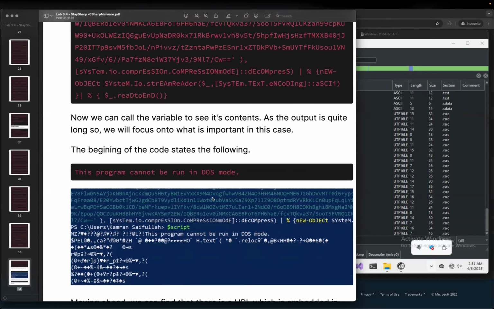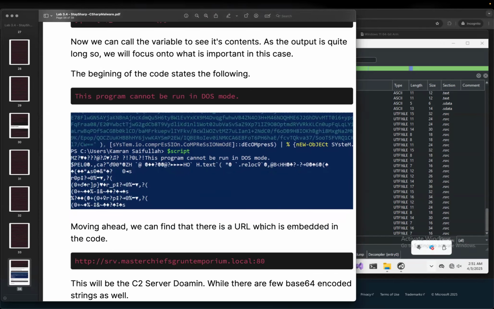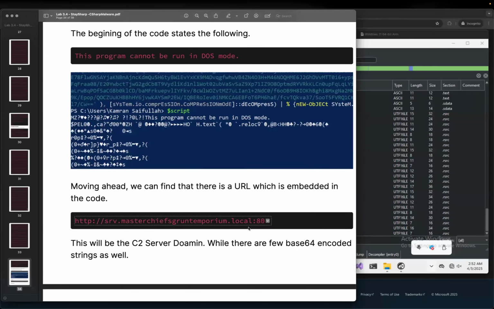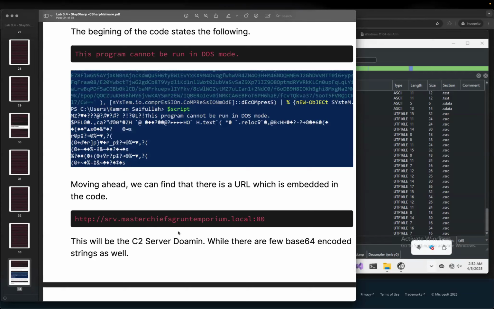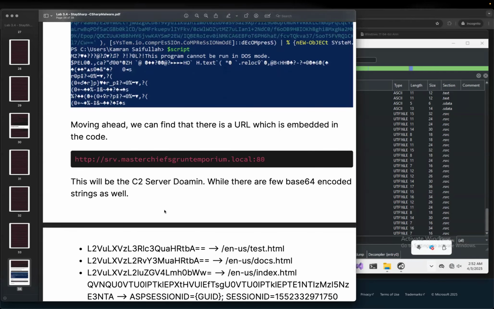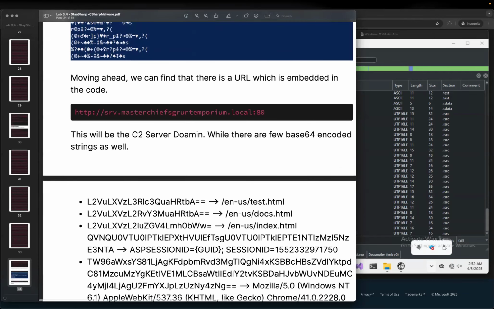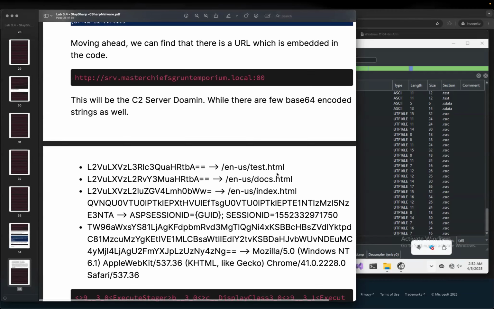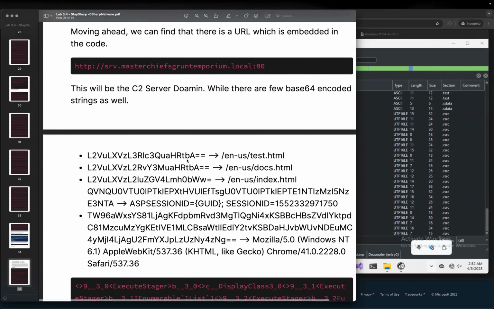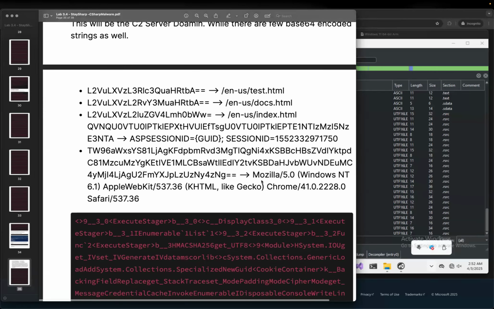In the beginning, you see it's like running in DOS mode. Also we are pretty interested in looking for the URL in the code. All they're giving here is access to this URL. So it's the C2 server, if you remember the C2 server, and then there's a domain, and it contains some base64 encoded string too. If you change it to something like text HTML, docs HTML and index HTML, actually when you get all this content, it gives some